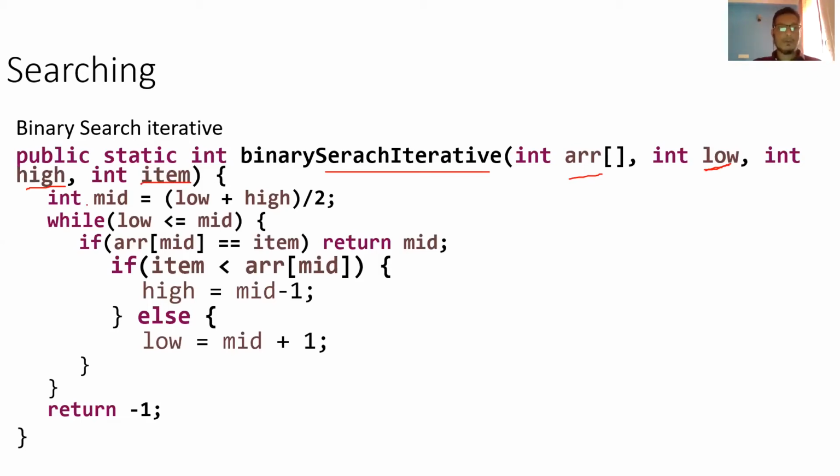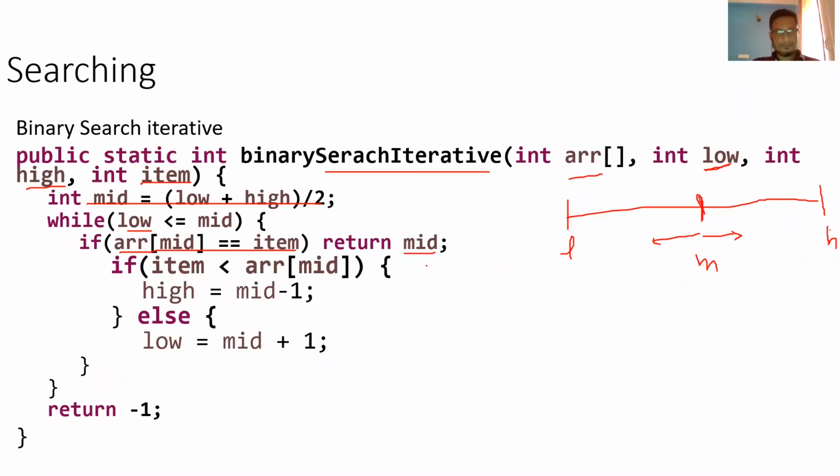First, we divide our complete search criteria at the mid to see whether what we are searching for exists on the left side or right side. So this is your low and this is your high. First I will take the mid, and I will check that low is less than or equal to high. It means my low should always be less than this. So now this is the mid. Next, I will check with an if condition whether the mid is the item. It can be possible, the mid itself can be the item. If that is the case, then I will return the index of the mid.